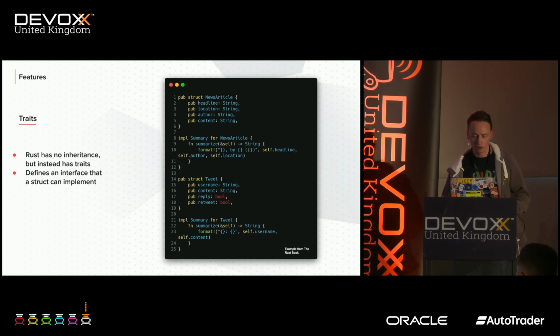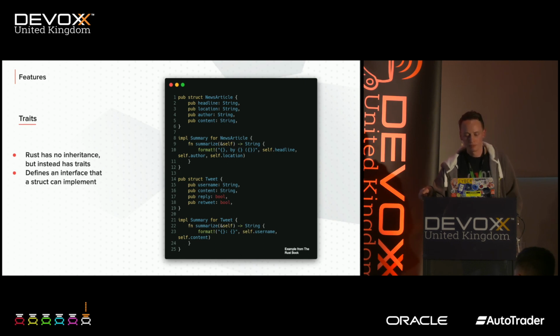I mentioned before there are some object-oriented features. Rust has traits and structs. Structs you can think of as being similar to classes. They're objects that contain multiple values, and you can attach functions to them that act on these values. Traits you can think of as similar to interfaces, but they do some other quite interesting things.